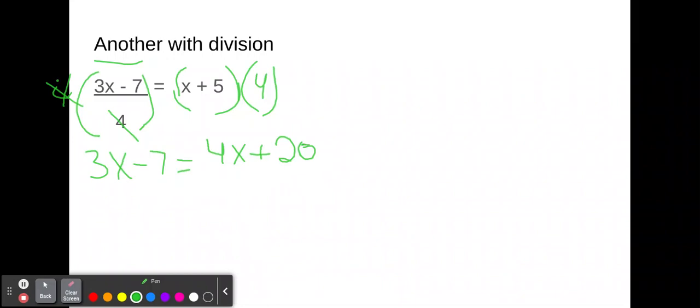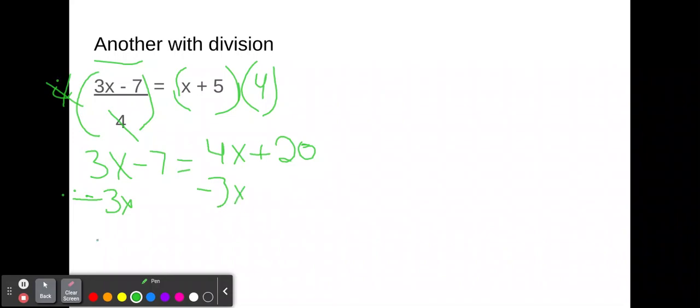And now we can put our terms together: put our x's together on the same side of the equation and our numbers together on the opposite side. I like to move the smaller number of x's to the larger number of x's when possible, if that makes the most sense. So I'm going to add a negative 3x to both sides, or subtract the 3x,